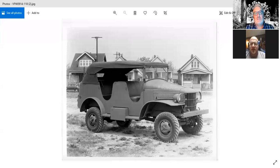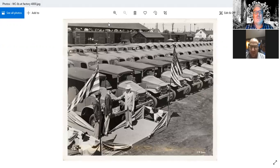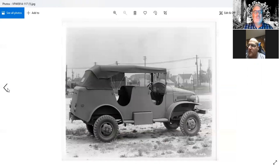Right. And have you seen these pictures? No, let's have a look. Yes, I have, and that's your baby, isn't it? Yeah, this is my radio car at the factory, 606,097. That's insane. Yeah, and I've got 3 pictures of it here. These are 2. David Doyle got me these. I'm pretty sure mine is somewhere in this picture, because these are all WC8s. This is, I forget what it is, like the 30,000th vehicle ever made by Dodge. And let's see if I can go back here. There's the other one, another one of the 2, and just the clarity of it, and you can zoom in